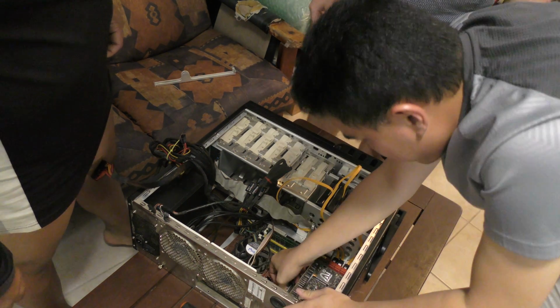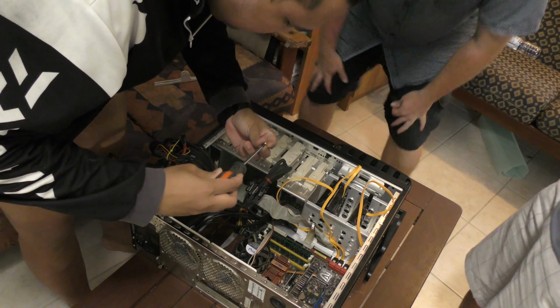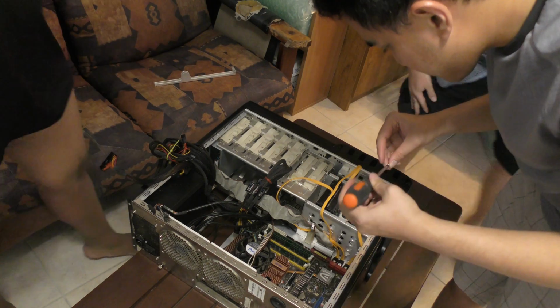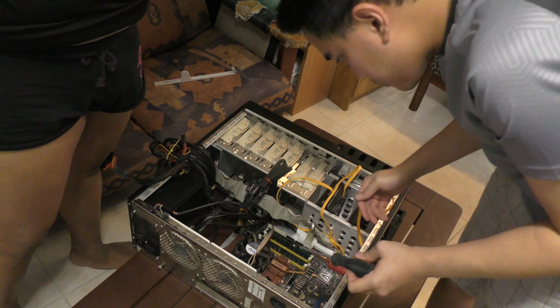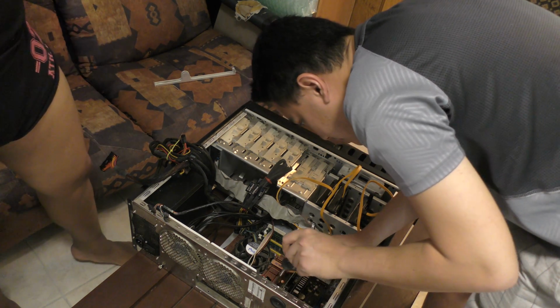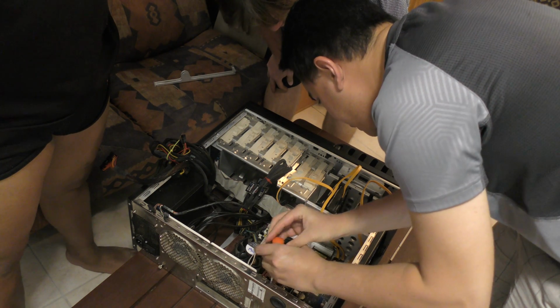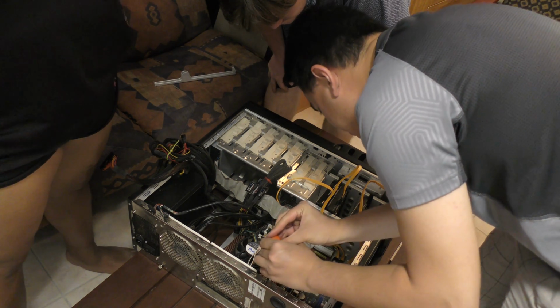Gotcha. Alright. Yeah, now well good, you screw it. Is there any more? It's not really the same screw, but it's the only screw that's left. That should be fine. Easy peasy. Alright. Now,